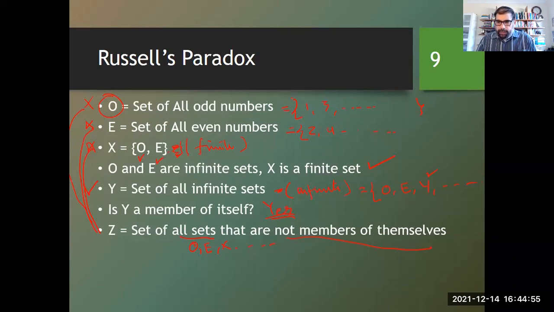E is another set which is not a member of itself, therefore we can put E in the list. X is another set which is not a member of itself, then we can put X in the list. Y is a member of itself, therefore it will not be written in this list, ठीक है।